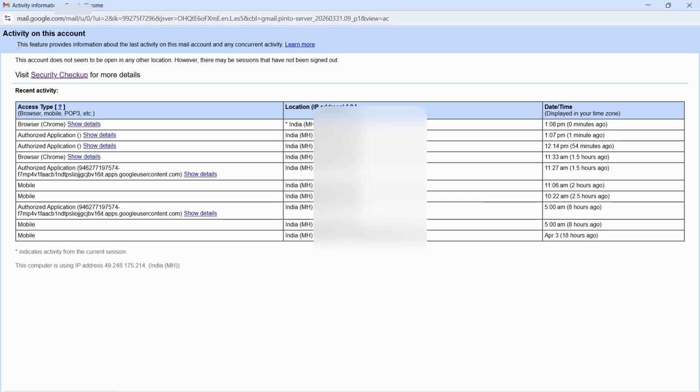So on top, you can see any concurrent activity. So this means that on any other device, if someone is currently accessing this Gmail account, you'll see that on top. So here they're saying that currently no one else is accessing this account, and below we can see recent